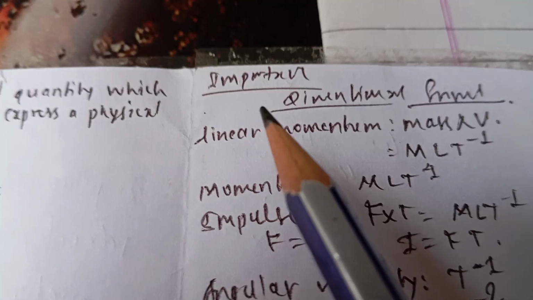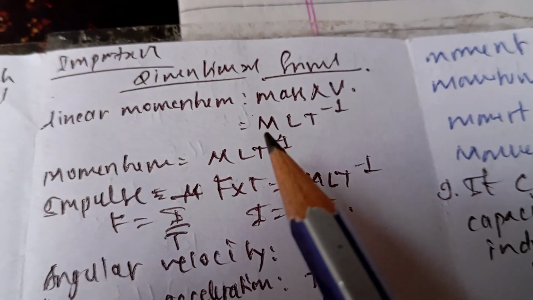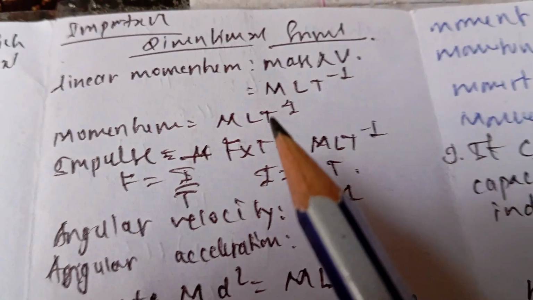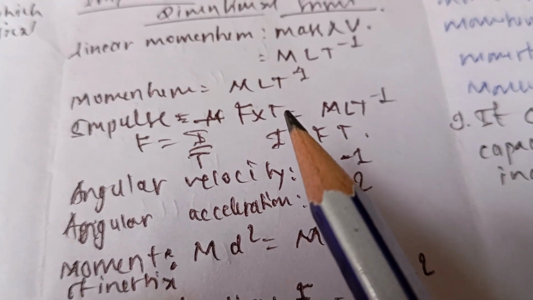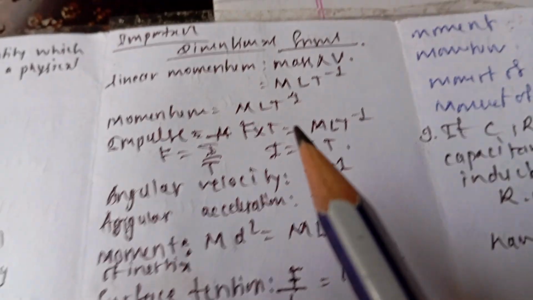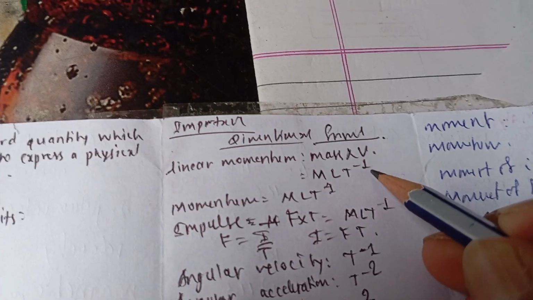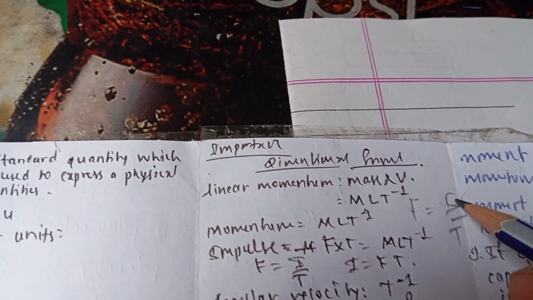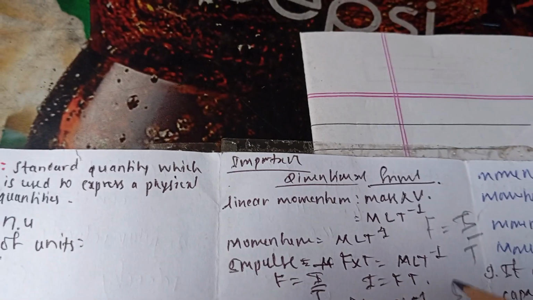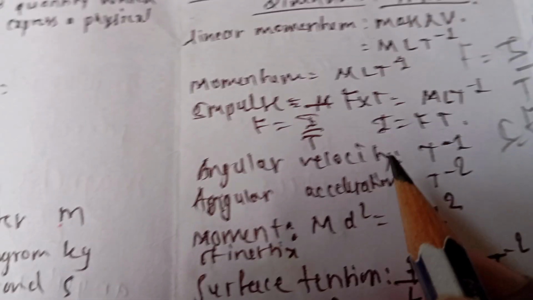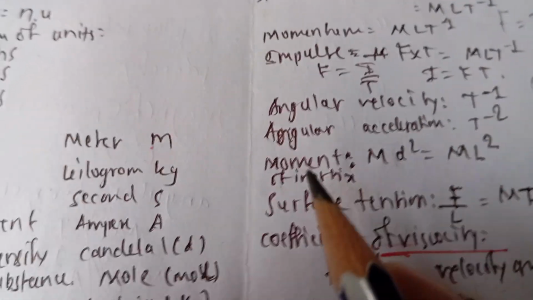These are really important dimensions which are mostly asked in the exam. Here is an important dimensional formula: linear momentum is mass into velocity. Impulse is force into time, so impulse equals force into time. Average velocity,